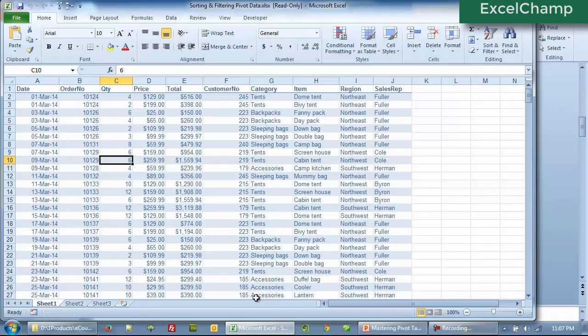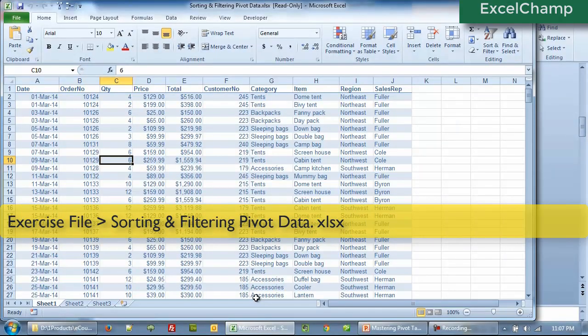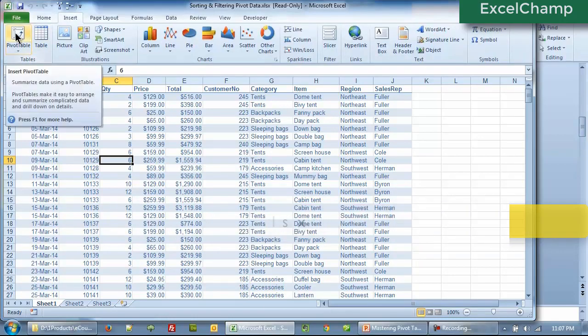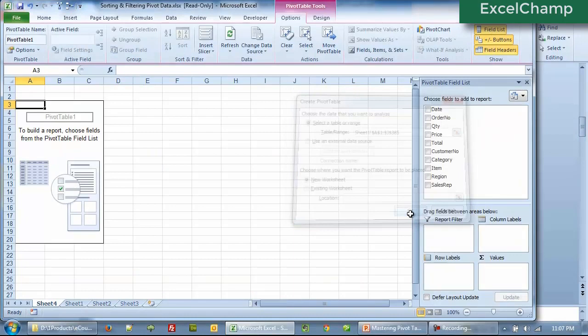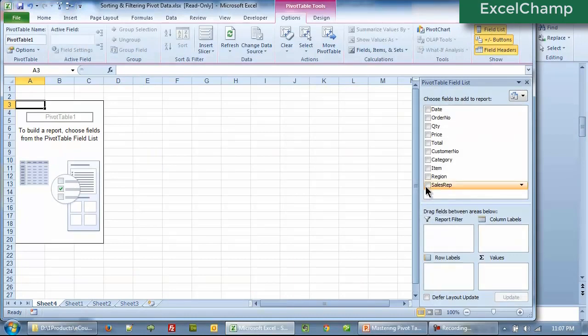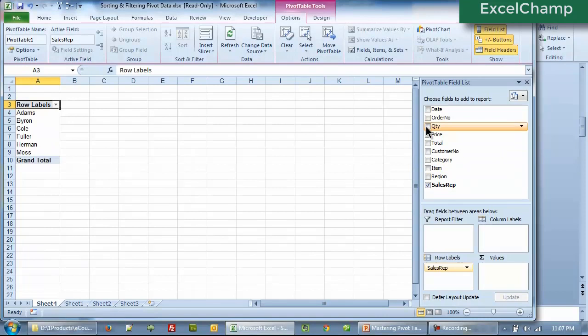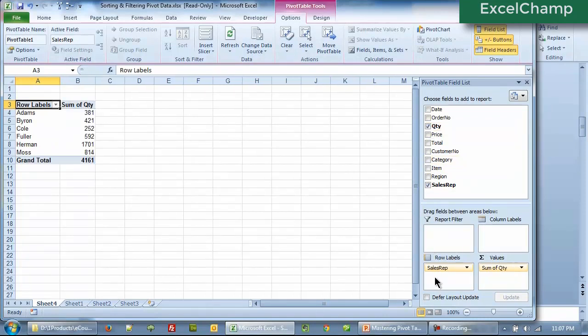To get started, we will open the sorting and filtering pivot data Excel file. We have used this file before also. So I'm going to insert a new pivot table, click OK, and I'm going to select the sales rep and the quantity. So as we can see, all the data is sorted in the ascending order of the salesperson name, and we see the quantity. Now this is quite good without having us to write any single formula,